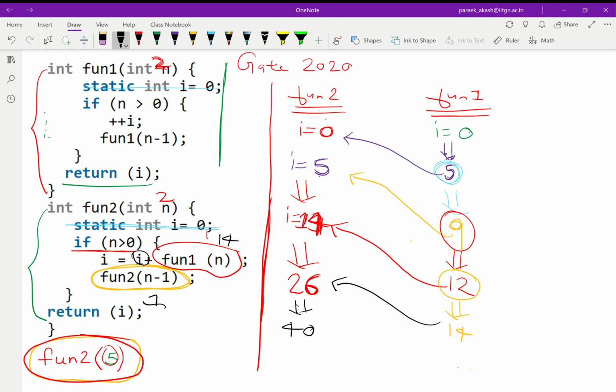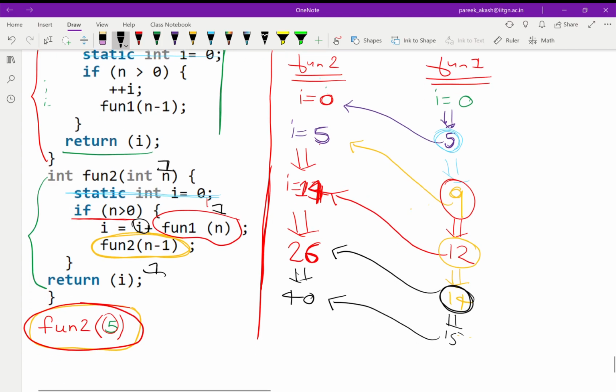So when function 2 is called with value 1, function 1 will be called with value 1, which means I in function 1 will increment by 1. So 14 will increment by 1 and become 15, and will return 15 to function 2.